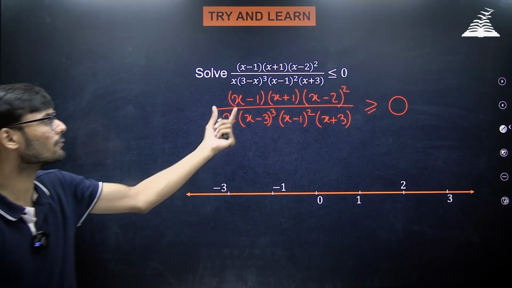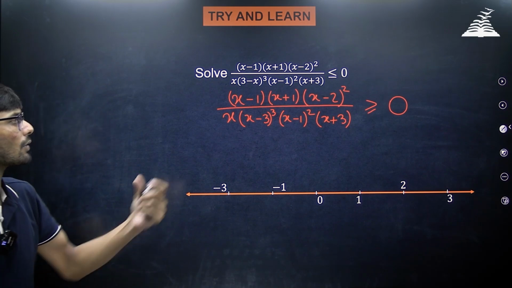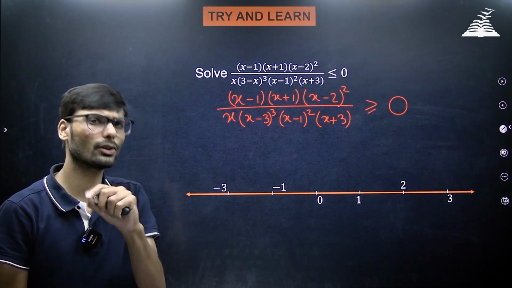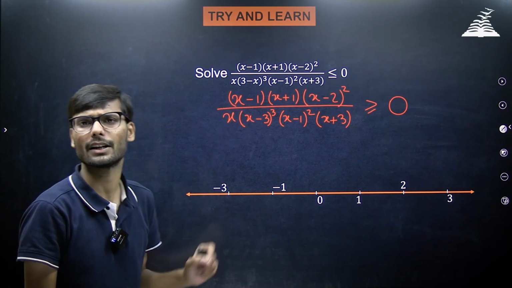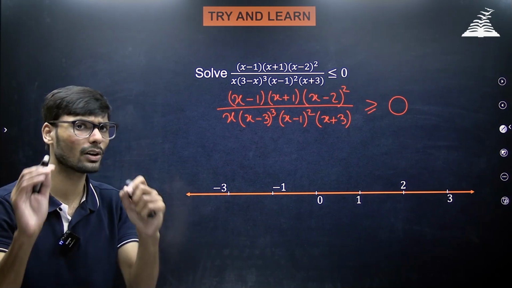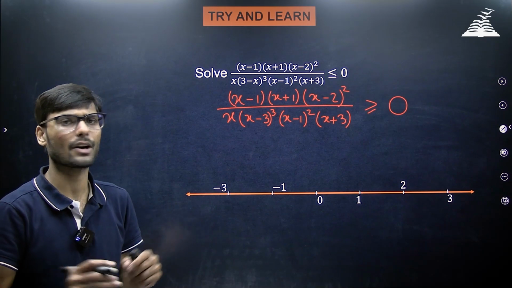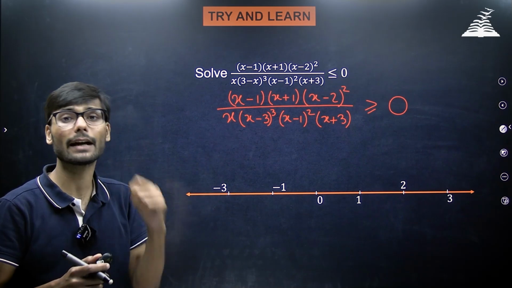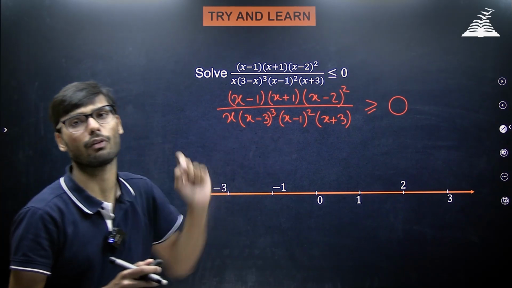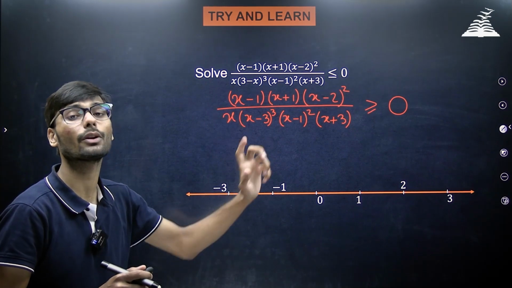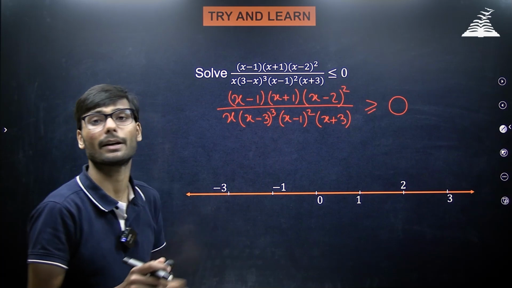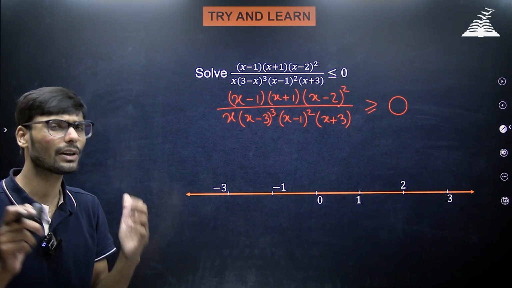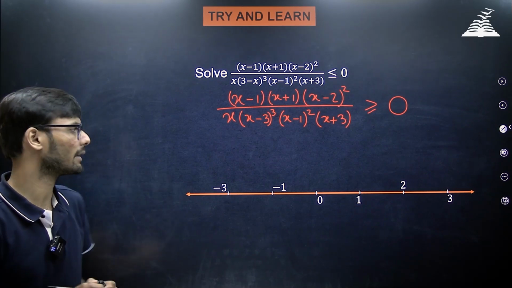If you notice, x minus 1 is present in the numerator and it is also present in the denominator. The power of x minus 1 is actually 1 here because the numerator and denominator will cancel. The power of the denominator is more, so it's all fine. If the power of the x minus 1 term in the numerator is more, in that case we need to remember that we need to exclude 1 from our answer. If you are cancelling, you need to remember x cannot be equal to 1. Why? Because it will make the denominator 0. But in this case, x minus 1 is remaining in the denominator, so that part will be taken care of automatically.